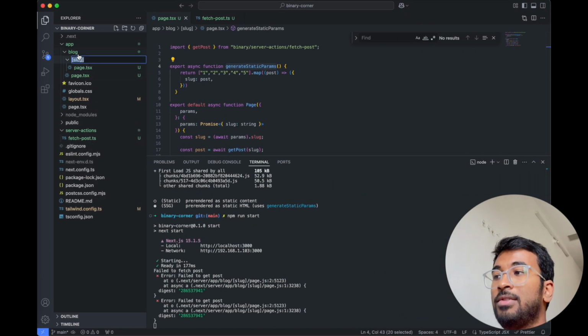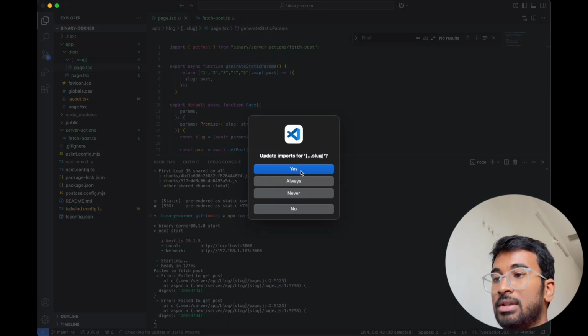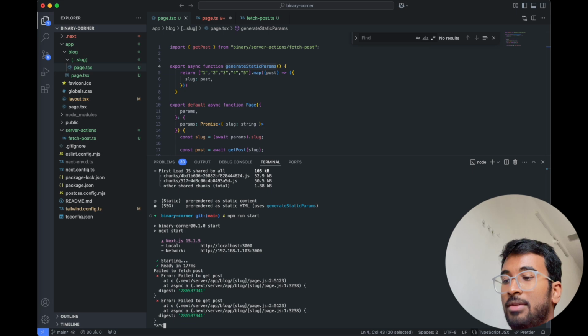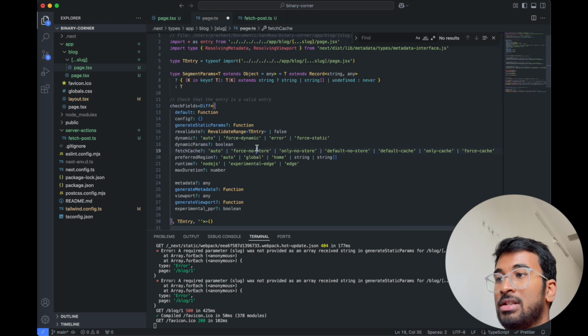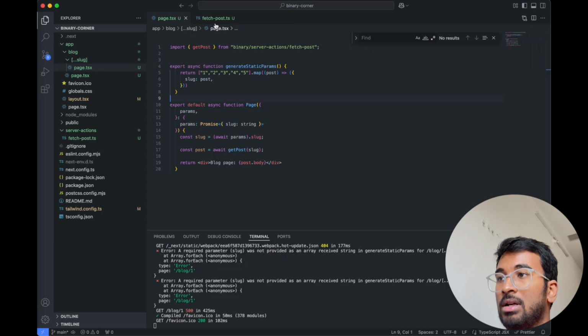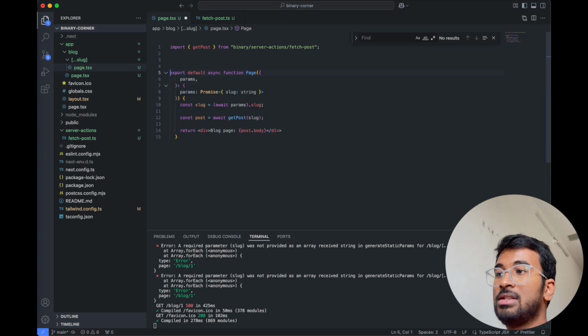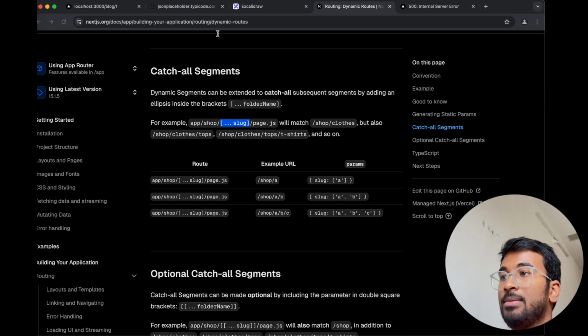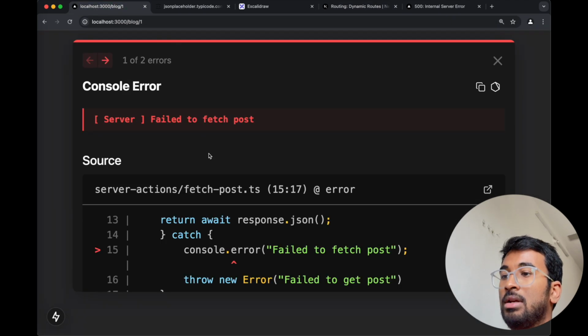So I'll give 3 dots, and I will change the server. I'll say yes, and I will run the dev server now. It's giving me some error. I don't know why it's giving me some errors. I'll choose don't save. Oh, I should remove this. So now if I save this, and if I go back, and if I do 1,